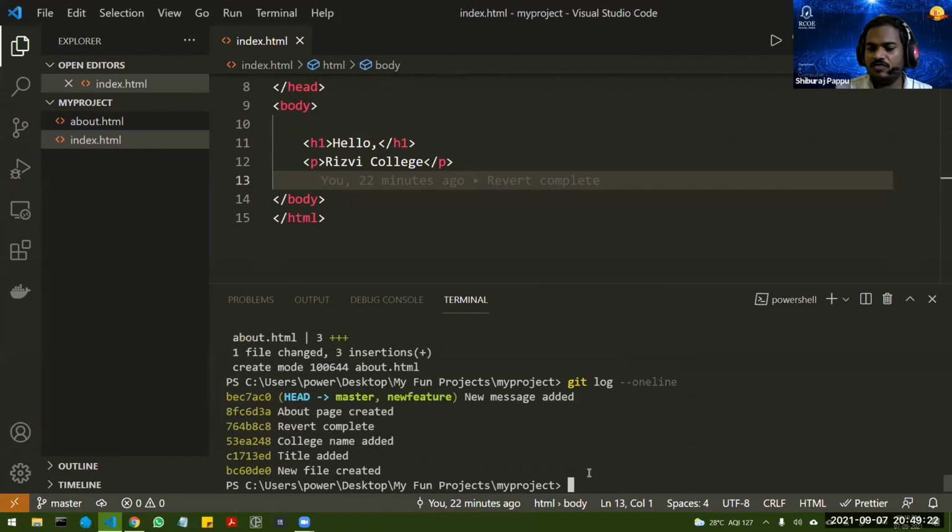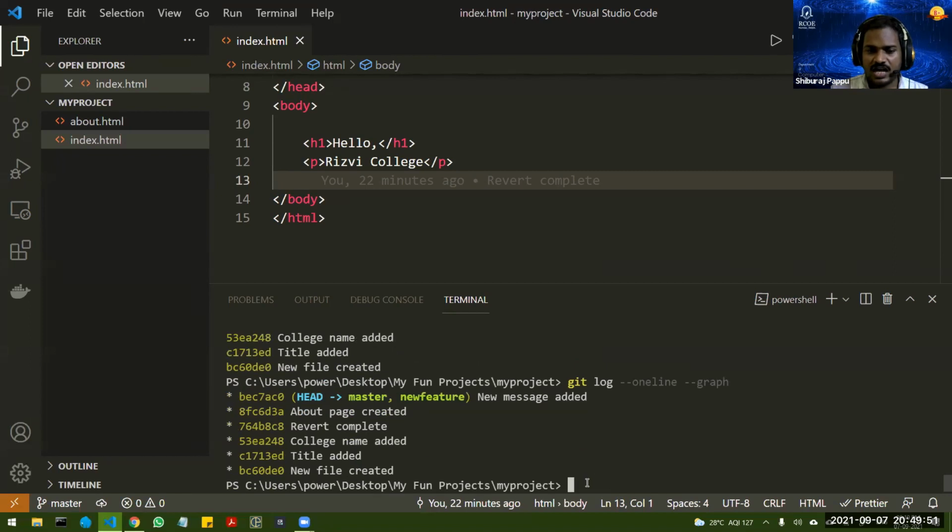If I do git log one line, right now you will see that master and new feature, both the branches are at one place. Both of them are together. But if you want to see a more visual way of how the things happened, you can add this. When I explained the graph tag, I explained that I will show it to you when branches will be taught, right? So now you can see